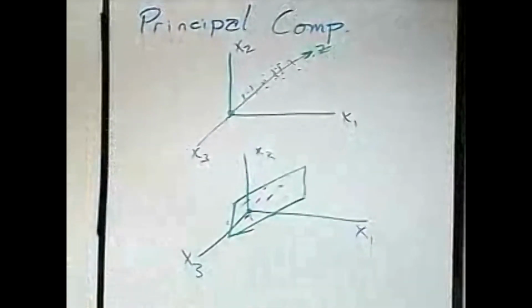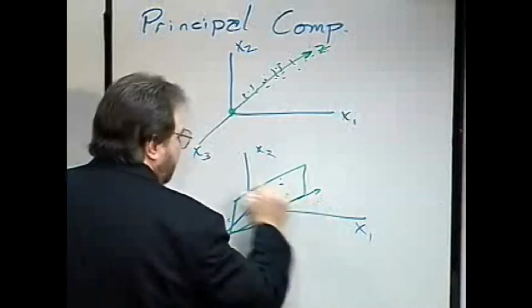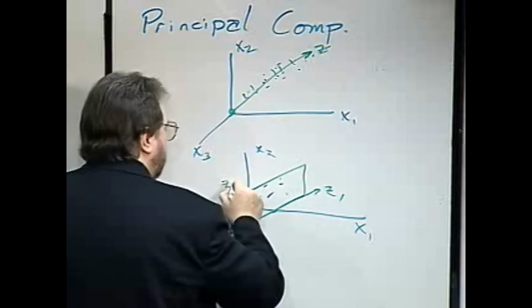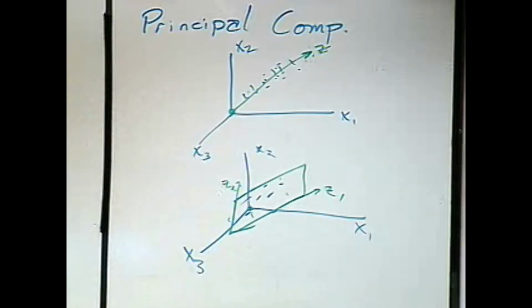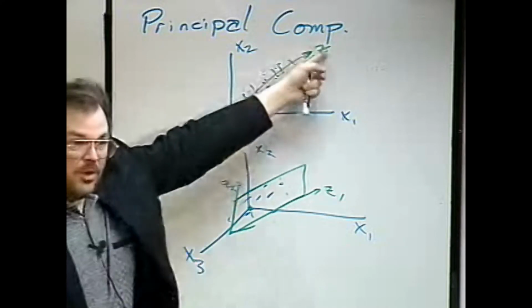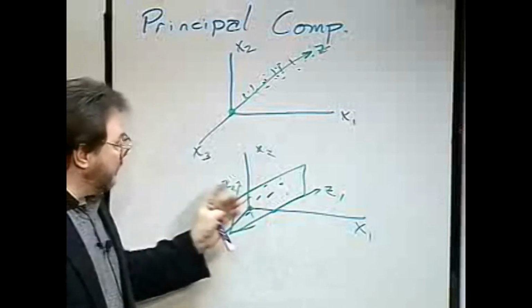So therefore, if it lies on a plane, instead of using 3 numbers, we can use 2 numbers, say z1 and z2, corresponding to these new coordinates of the plane. Make sense? So therefore, we can take all of this three-dimensional data, we can reduce it to one-dimensional data here. Down here, we can take the three-dimensional data, reduce it to